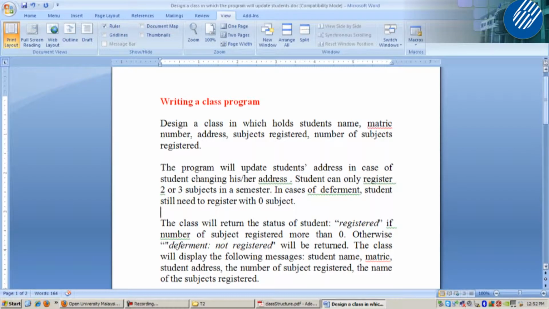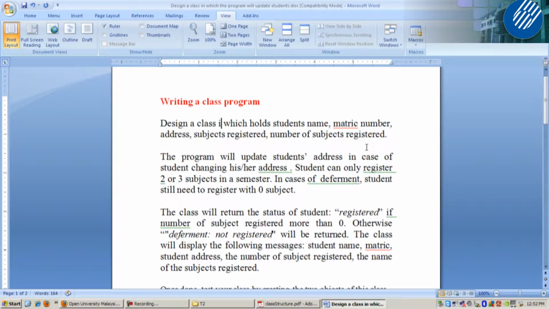Design a class which holds student's name, metric number, address, subjects registered, number of subjects registered.